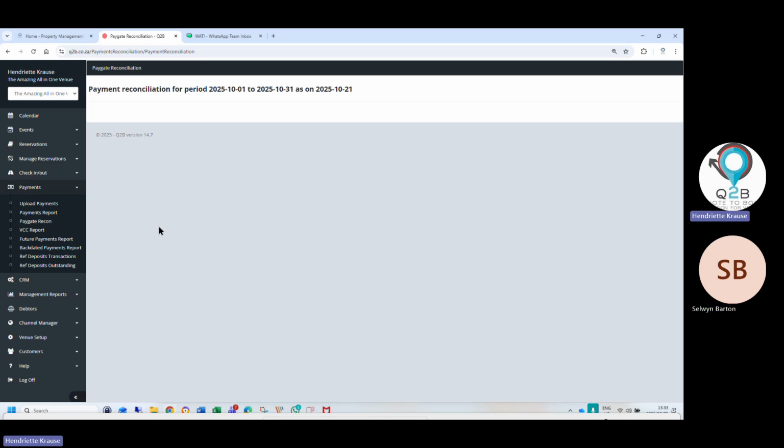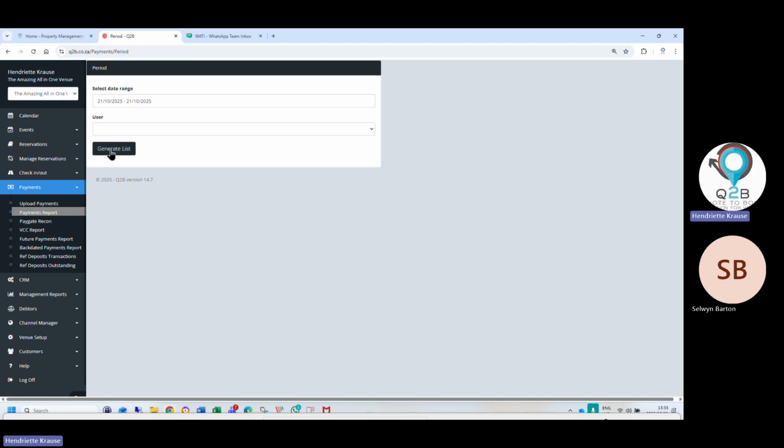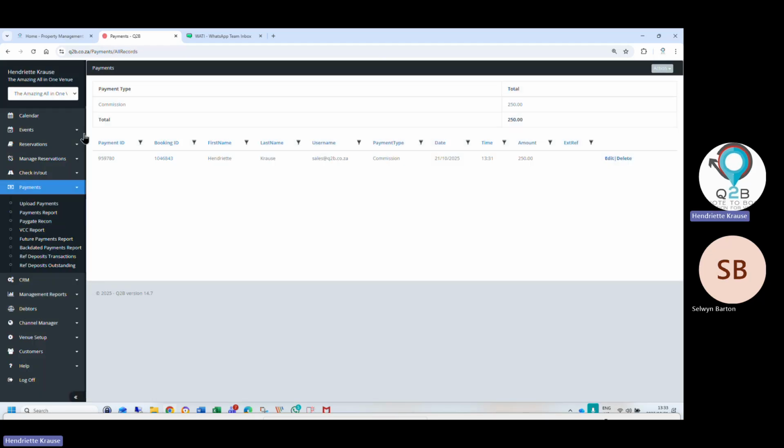Okay. But because we keep everything on an Excel spreadsheet, I'll show you now in our main report where you can export, so it's easy to calculate it there. You can also take your payments report out to Excel. So if I go there and say action, export to Excel, then you can put in a commission, and you can calculate your commission on the Excel spreadsheet. It takes it immediately to Excel.